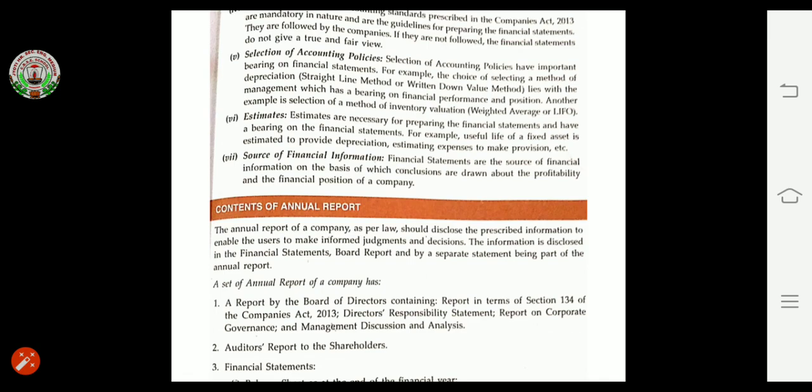In first, we are having depreciation rate. How much depreciation will be calculated, that rate will be given. Another, that useful life or expected life of that particular asset will be given. So that useful life is a kind of estimation. When we have to estimate what can be the useful life of a particular fixed asset, and the estimation is also done at the time of making provision.